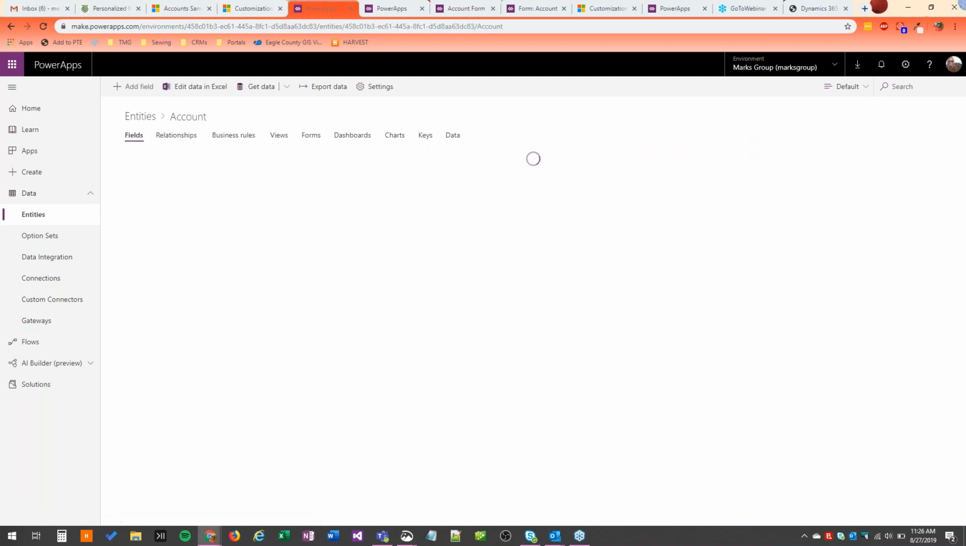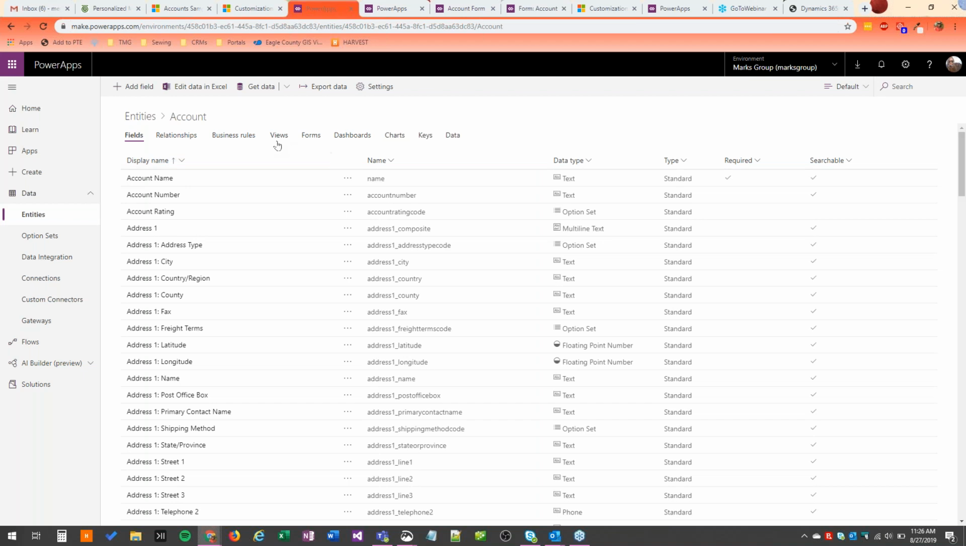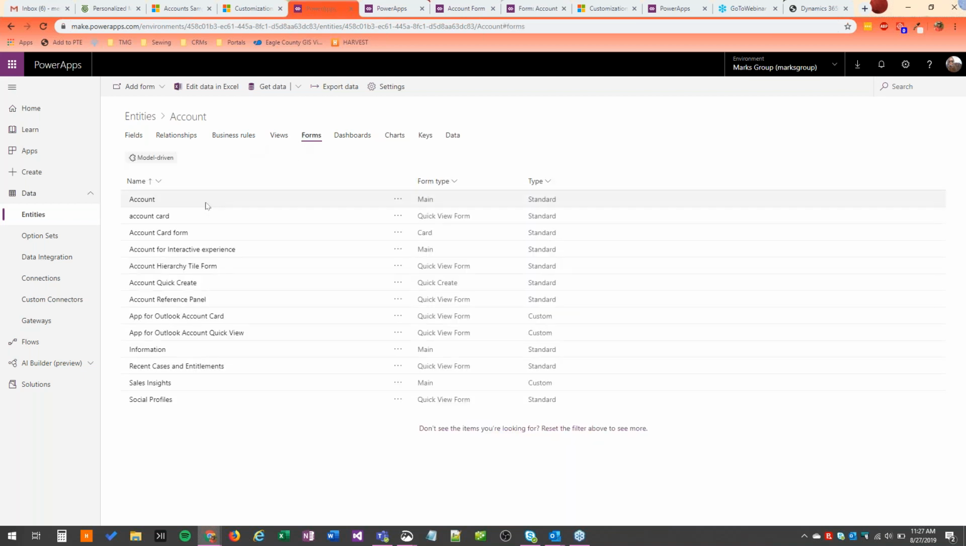So we're going to click on account. That's going to open up the entity for us. And here we are, same information that's available in the legacy view, just laid out very differently. We can see fields, relationships, business rules, views, forms, dashboards, charts, keys, and data. So if we go to forms